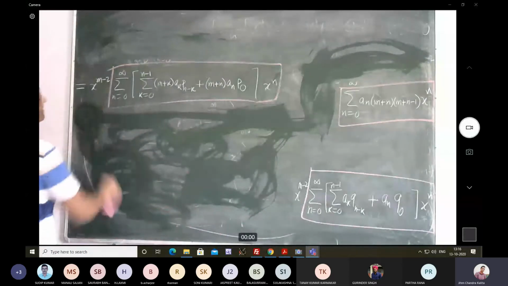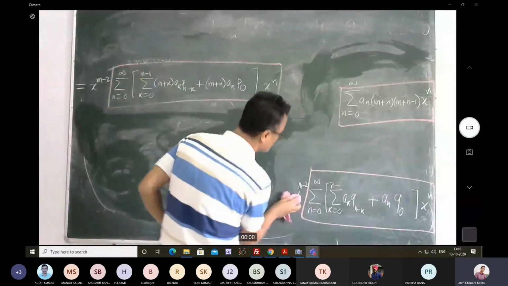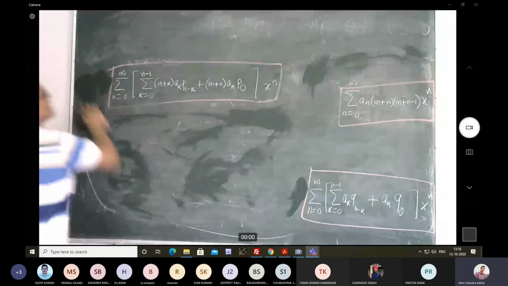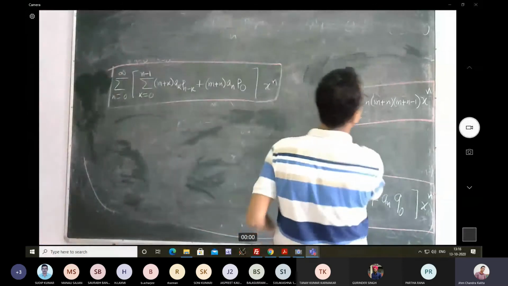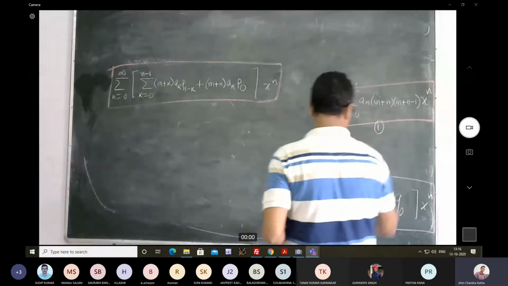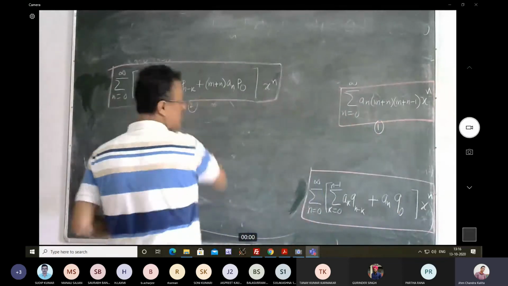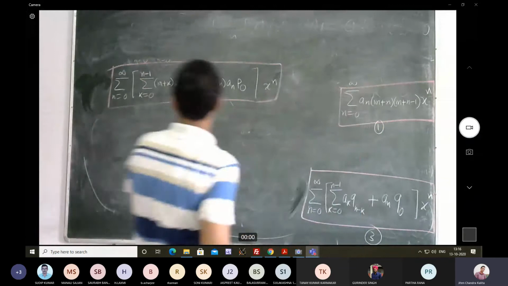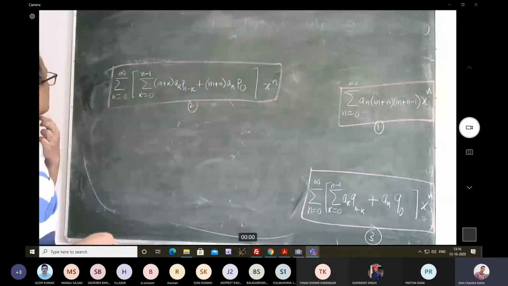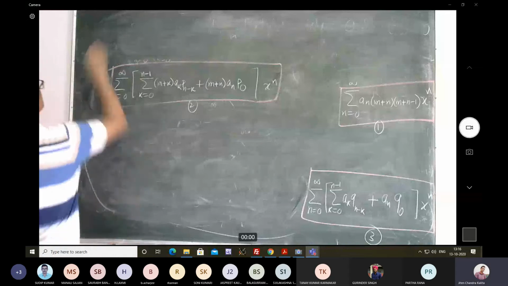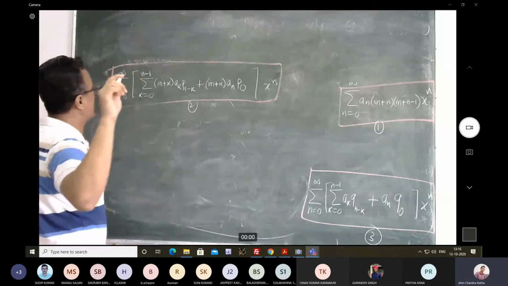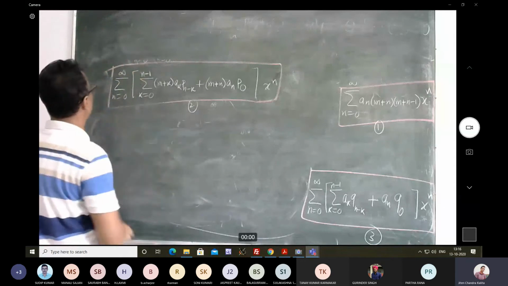Okay, these three terms. So because you have already understood, I can remove this x to the power n minus 2 also. Yeah, I have already done that from here. So this is number 1 term, this is number 2 term, and this is number 3 term. Okay. So if I add them up, now you see what is going to happen. So adding all of them and cancelling your x to the power n minus 2 term, I am going to get